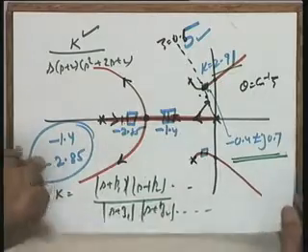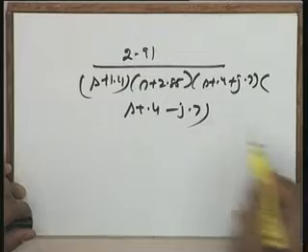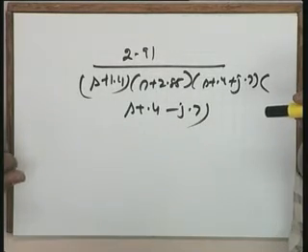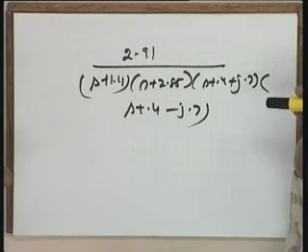So in this particular case I say that for k equal to 2.95, the overall closed loop transfer function has the poles and zeros like this: 2.95 over s plus 1.4, s plus 2.85, s plus 0.4 plus j 0.7 into s plus 0.4 minus j 0.7. These are the closed loop poles of the system corresponding to k equal to 2.95, which you have taken corresponding to zeta equal to 0.5.